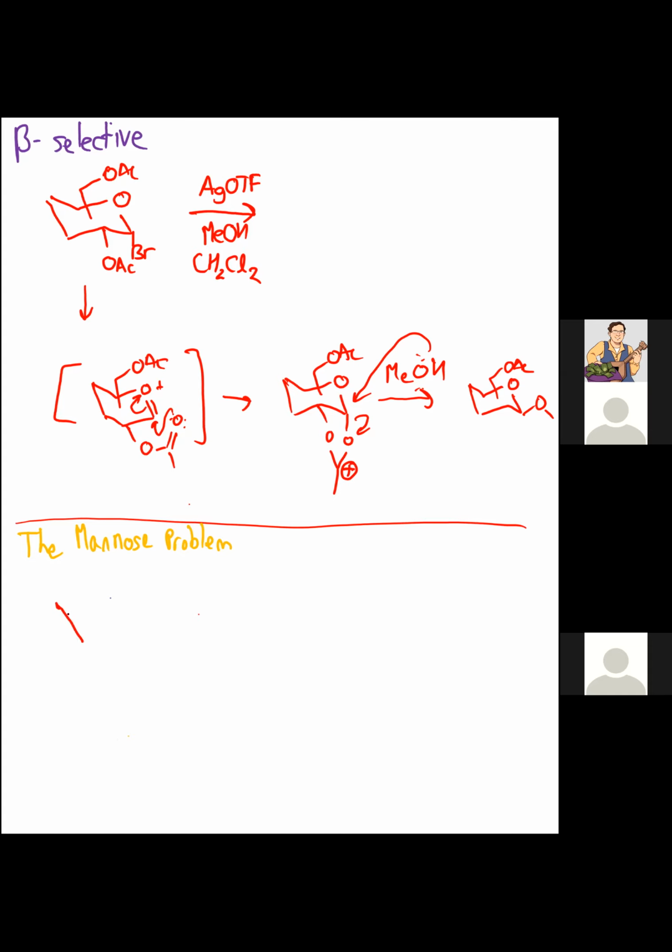And the problem with mannose, if you remember mannose, is you flip the nose. And so if we have an alpha bromide, which we're still going to make, even with mannose, and we use those same conditions,